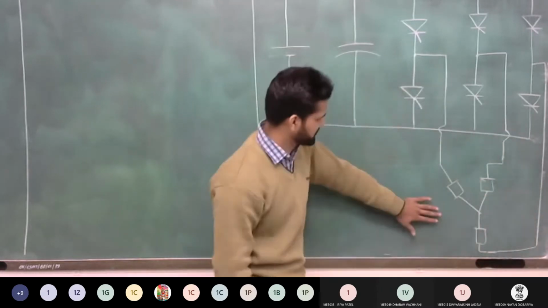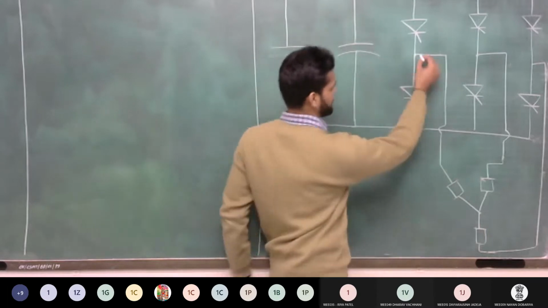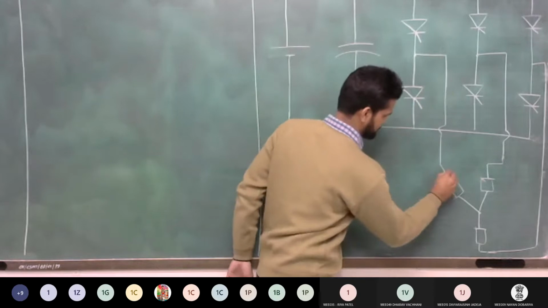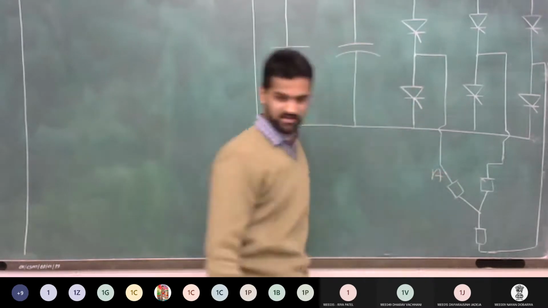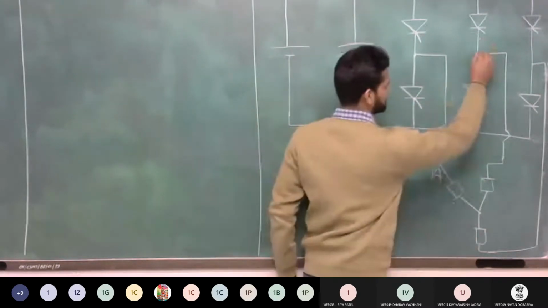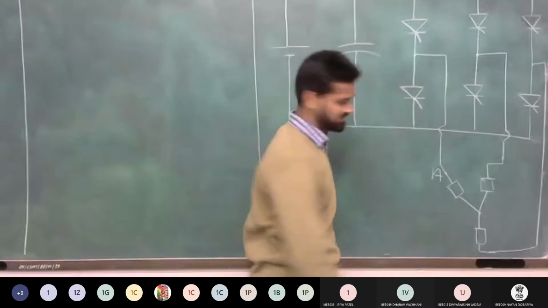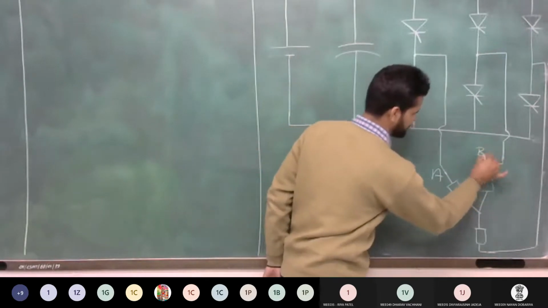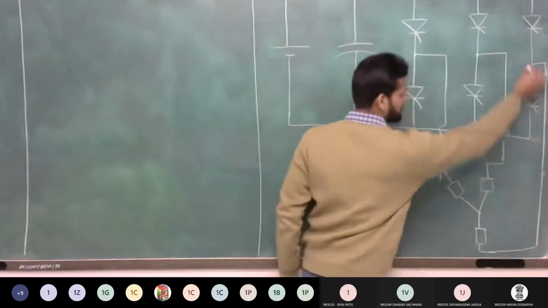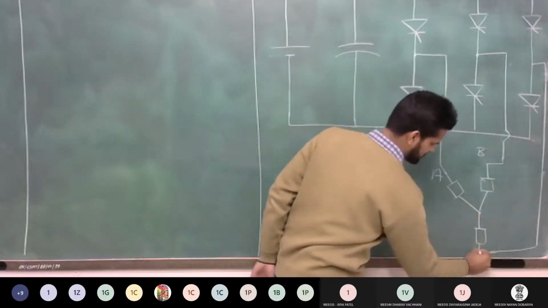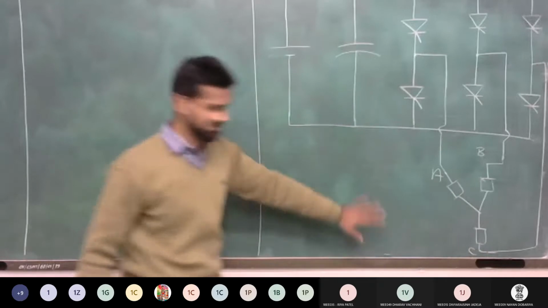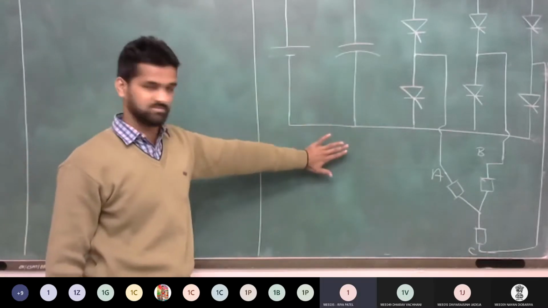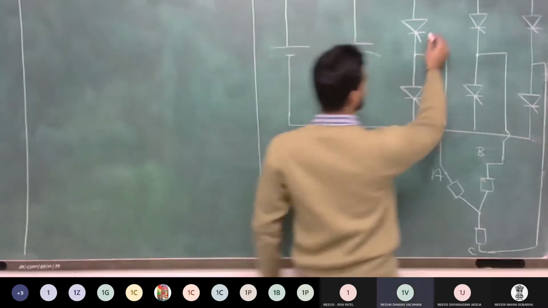Now I think all of you can see this figure. See that here we are taking from the first leg. This is phase A. Give the name A, capital A. The second leg provides phase B, so I give the name to this point B, capital B. The third leg provides phase C. All of you can see this? Yes, sir. Okay.